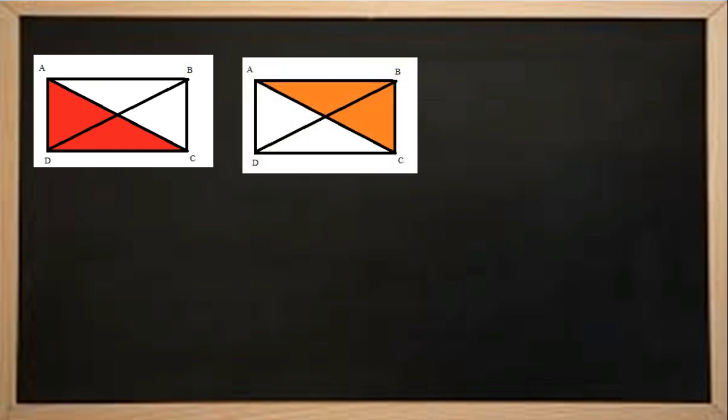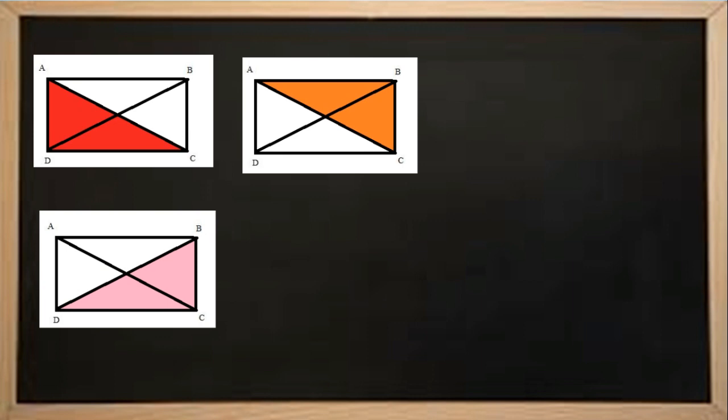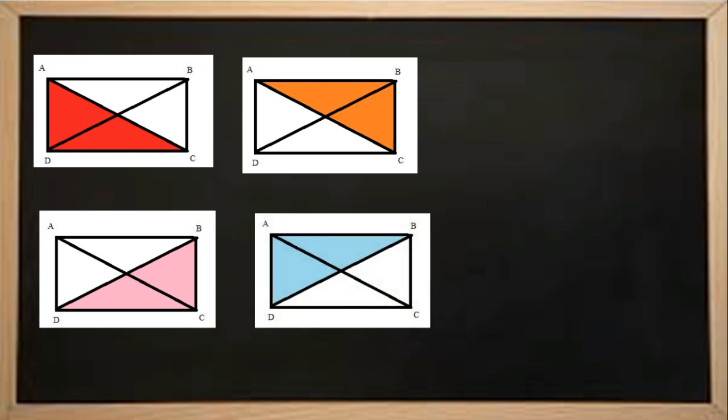And the second diagram we can see ABC is a right angle triangle where it is right angled at B. Hence the Pythagoras theorem says that AC square is equal to AB square plus BC square. The next diagram here you can find out triangle BCD is a right angle triangle. Angle C is 90 degree. Hence BD square is equal to BC square plus CD square. And the last diagram here, ABD is a right angle triangle where angle A is 90 degree. According to Pythagoras theorem, BD square is equal to AB square plus AD square.